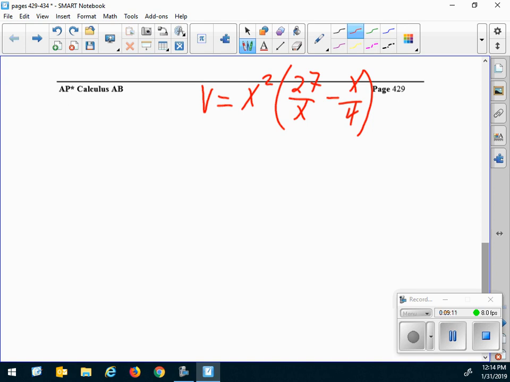And remember, to find extrema, I've got to figure out what my critical numbers are. And my critical numbers come from where the derivative is 0 or undefined. So I'm going to take the derivative of this. To make that easier, I'm going to distribute that x squared, because otherwise I've got to do product rule. Oof, so let's not do that. What's that going to give me? 27x